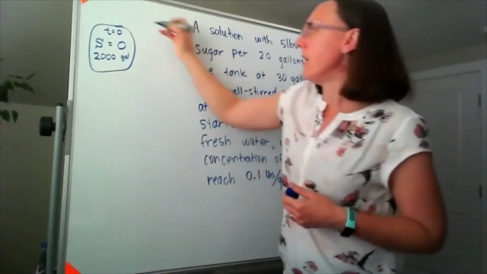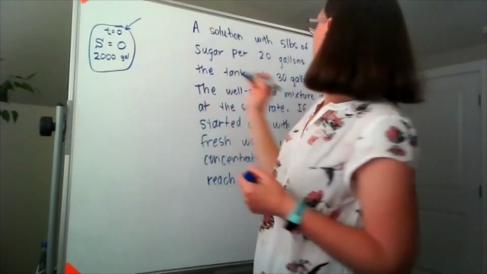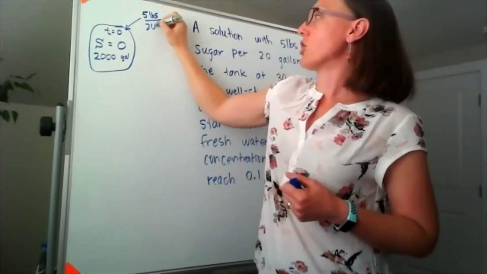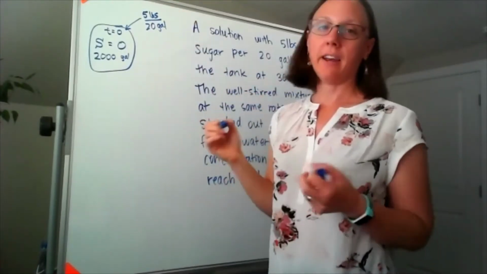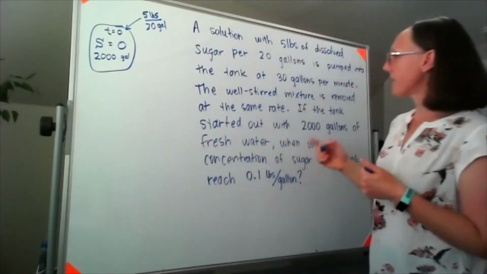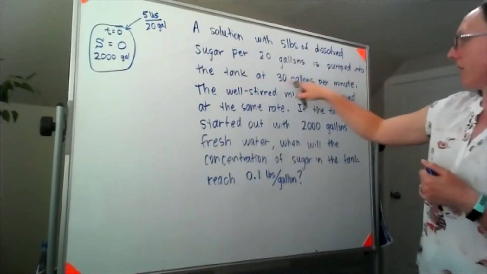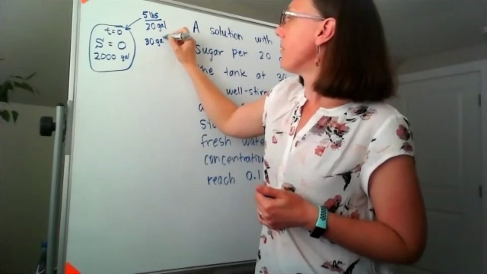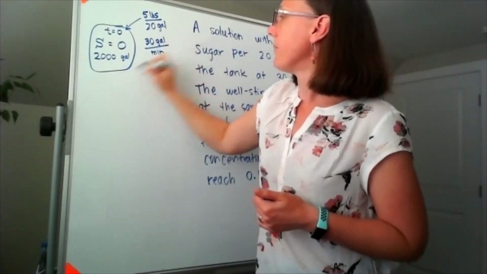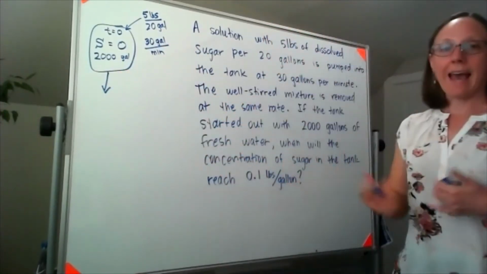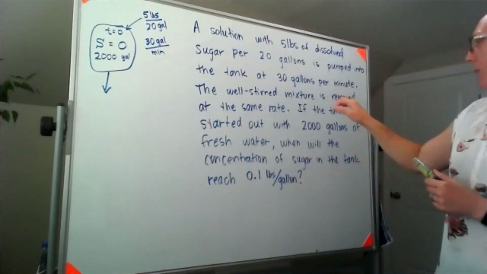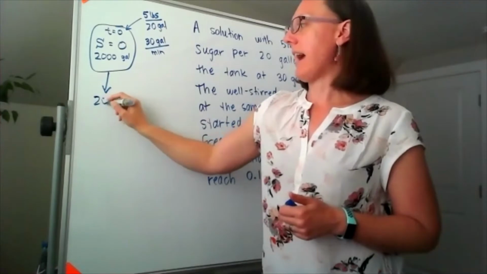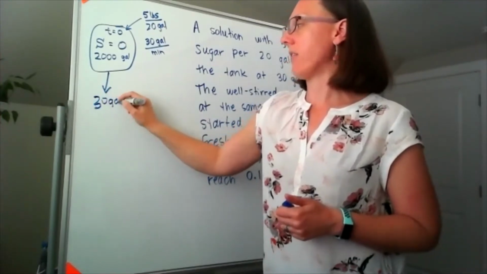in the tank. And what's coming in is 5 pounds per 20 gallons, and it's coming in at a rate of 30 gallons per minute. What's flowing out of the tank, because it's flowing at the same rate, I know it's leaving at 30 gallons